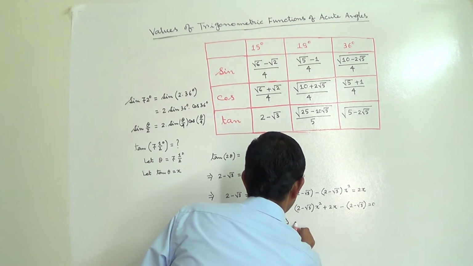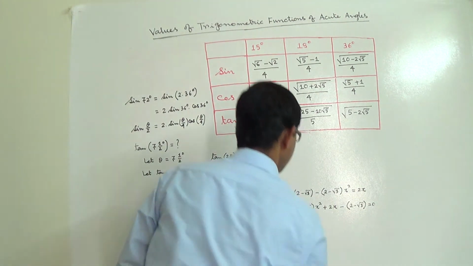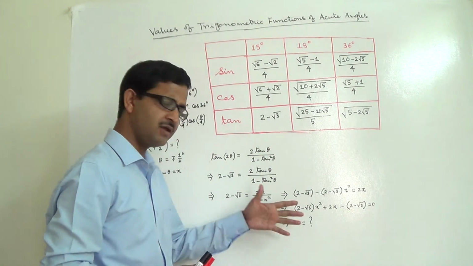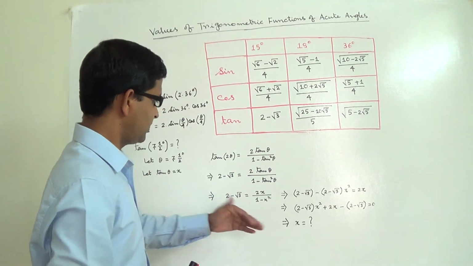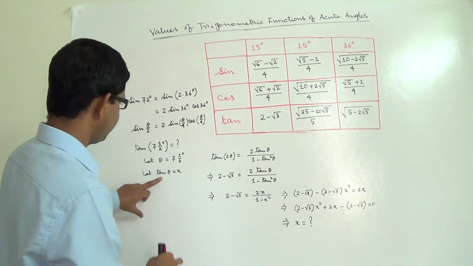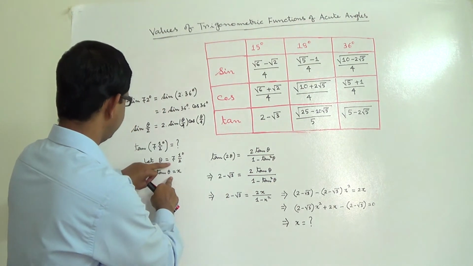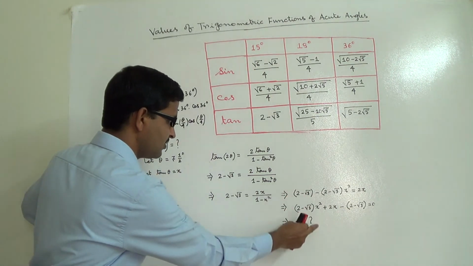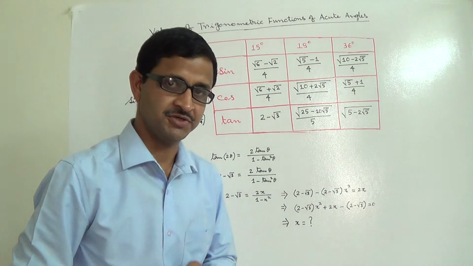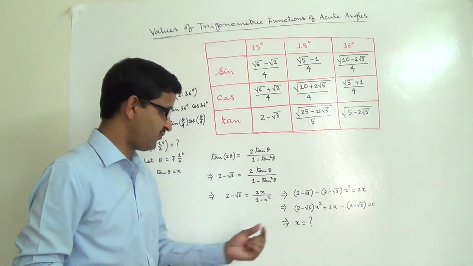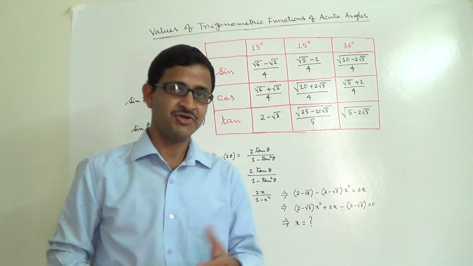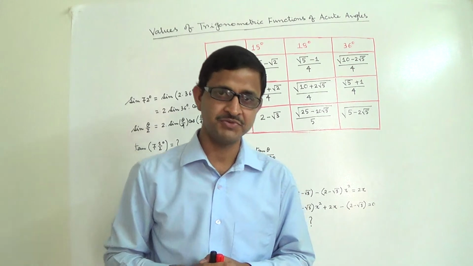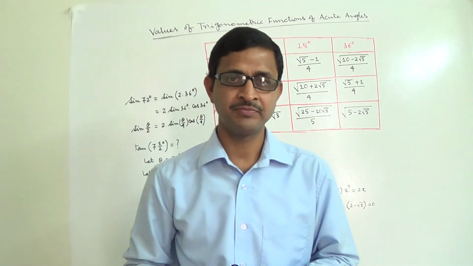What I will suggest is you find the value of x and let me know later. It's very straightforward. Any difficulty, please let me know. So now what is x? x is nothing but tan theta, and theta is 7.5 degree. So you can find the value of tan 7.5 degree by solving this quadratic equation. You will find two values of x and decide which one to choose. I give this assignment to you, and do let me know later.